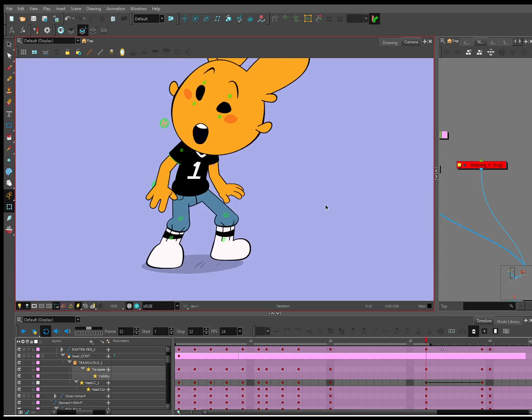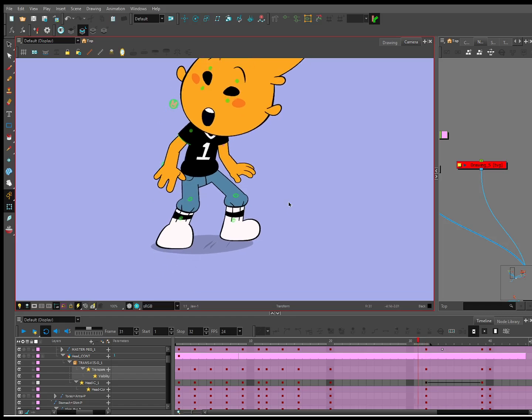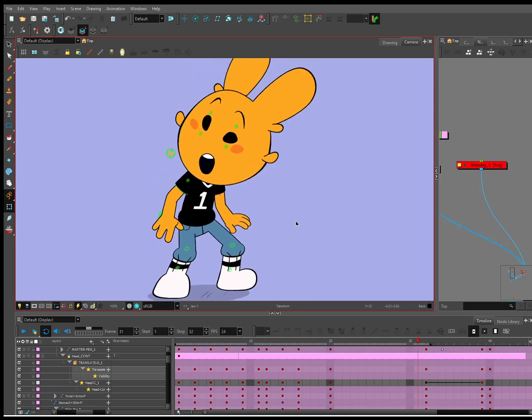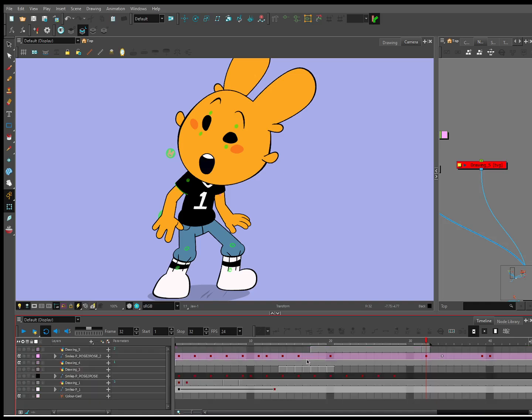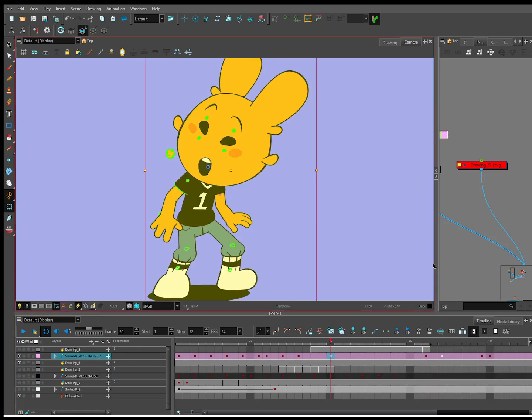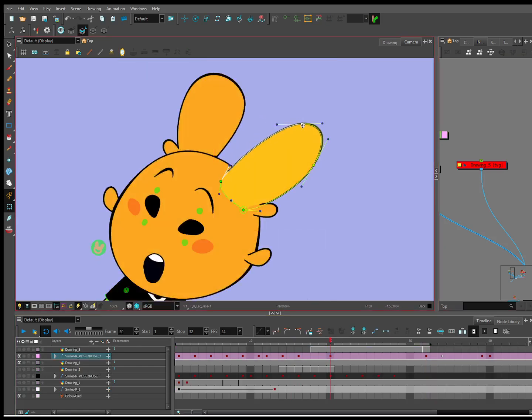And techniques depend on style, right? Not every character has to move every piece all the time. And I will eventually get into graphic examples. But when it comes to making things not look as tweeny or digital, this can help a lot. So now we have this goes down, and then the ears, we need to overshoot the ears.